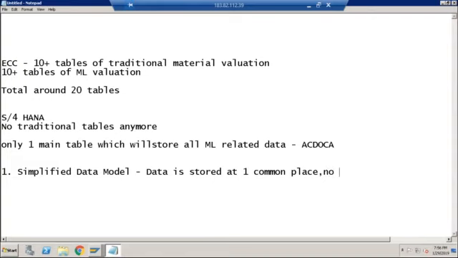No question of reconciliation issues. Number two, ML is mandatory. So these are the two changes relevant to material ledger functionality in SAP S/4HANA.